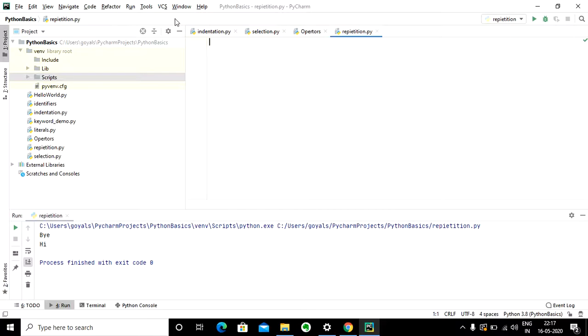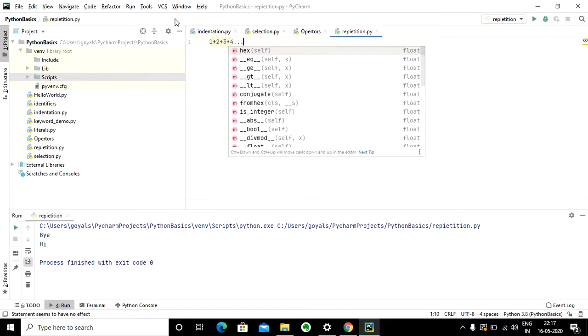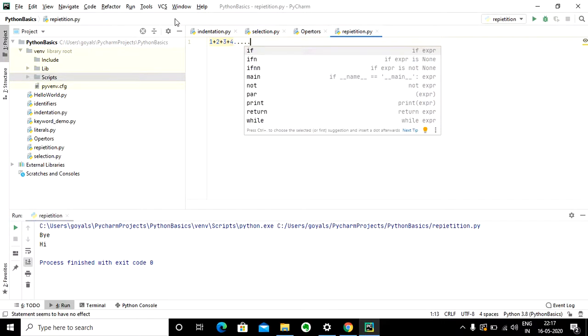Let's take another example. Let's say I have a requirement that I need to keep on adding numbers till the sum exceeds 100.